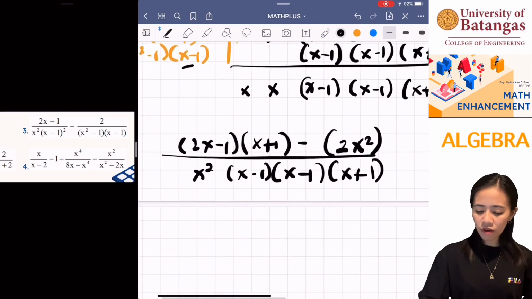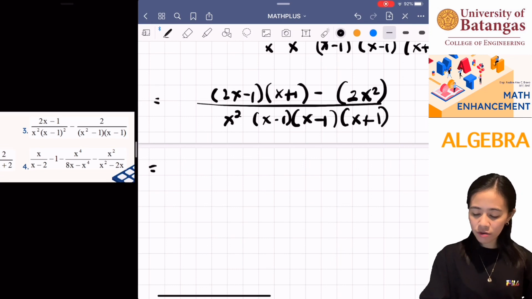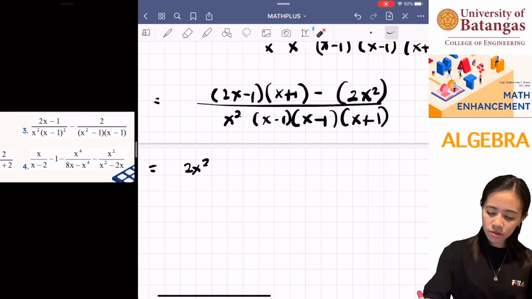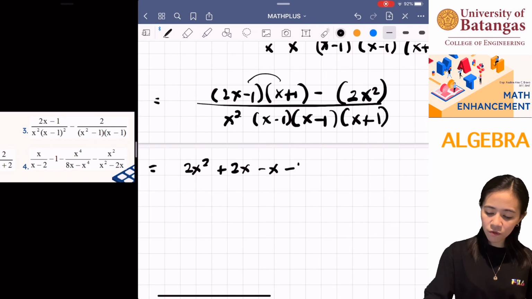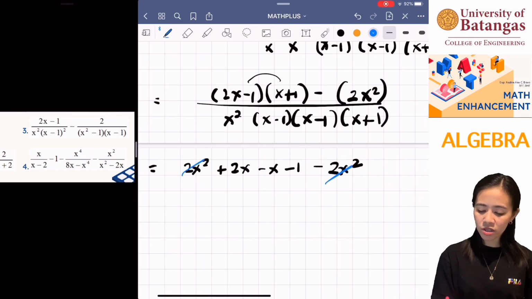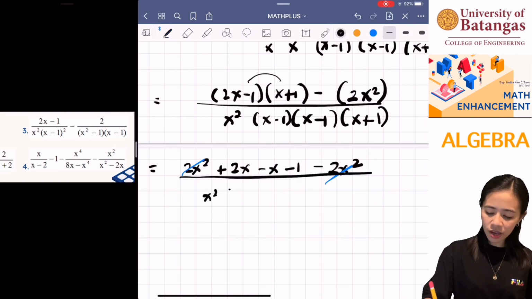Okay. After that, you have to expand the numerator. So, that would be 2x squared, diba? Positive 2x, negative x, negative 1, okay, minus 2x squared. Which means, this will be cancelled, diba? And then we can simplify 2x minus x. Okay, all over, let me write all over, okay, x squared times x minus 1 times x minus 1 times